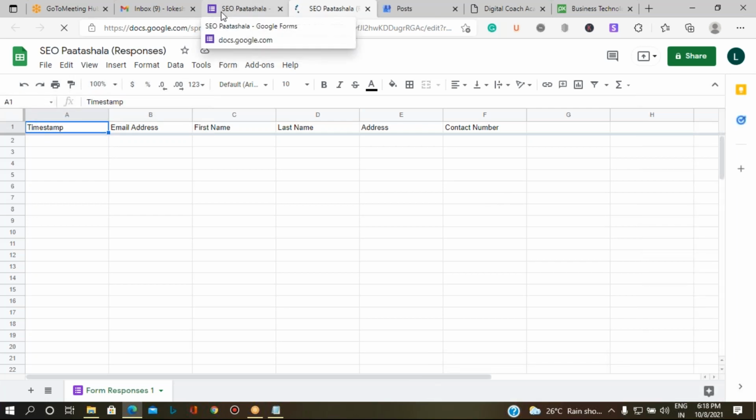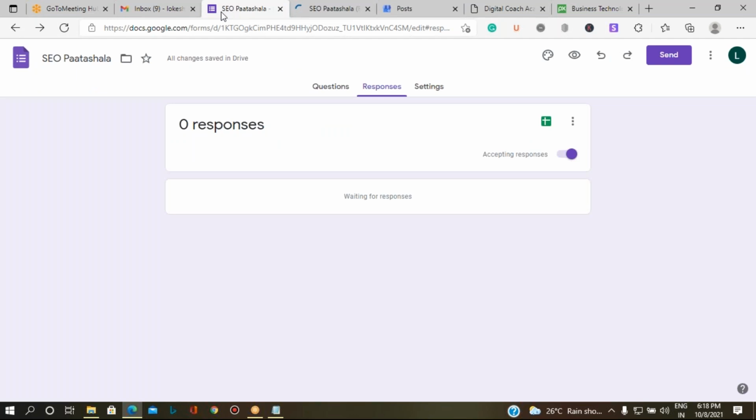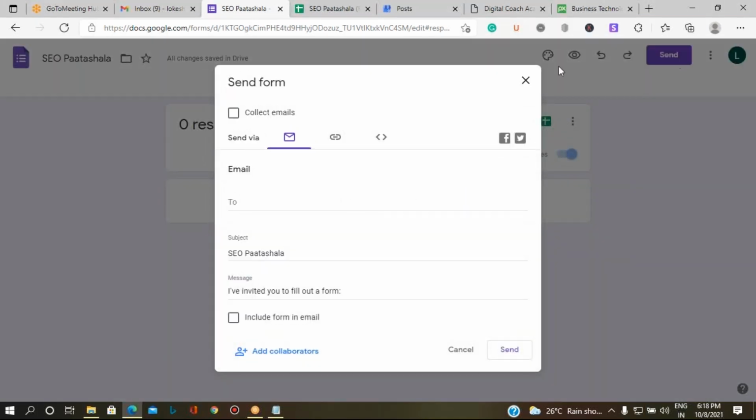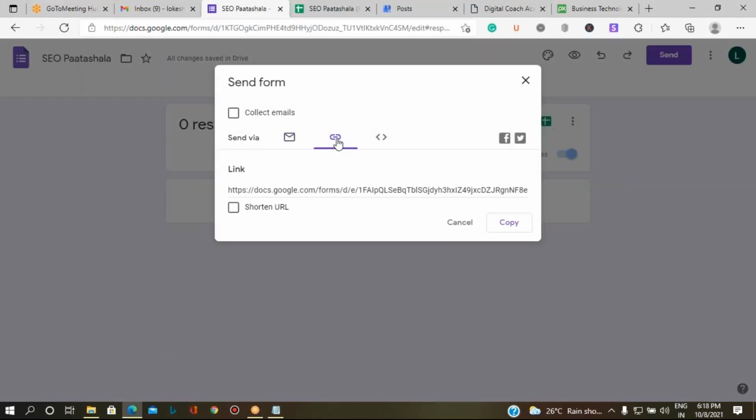So now again you go back to the Google Form, make sure everything is fine over here. Now how to connect this Google Form to the post I've created on my business page. For this you have to go for the send option, link account. This is the link symbol. Then shorten your URL.